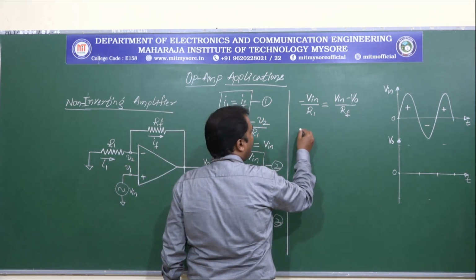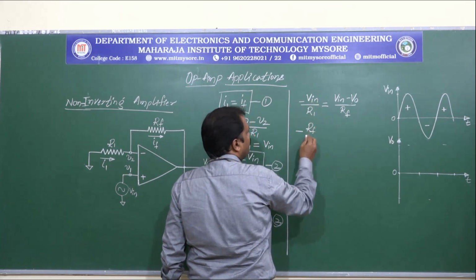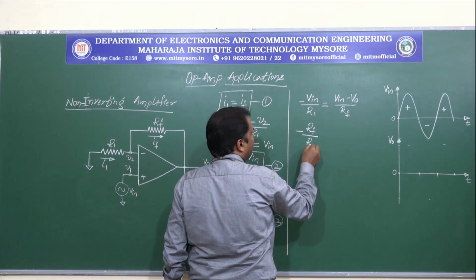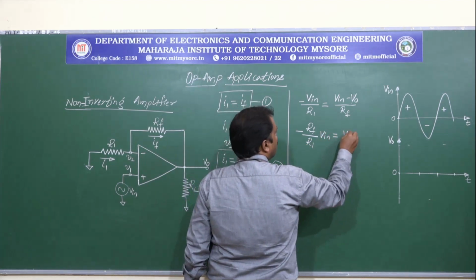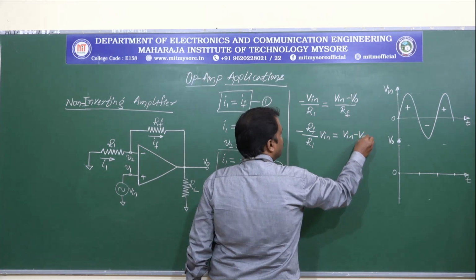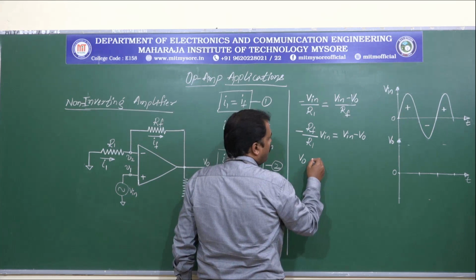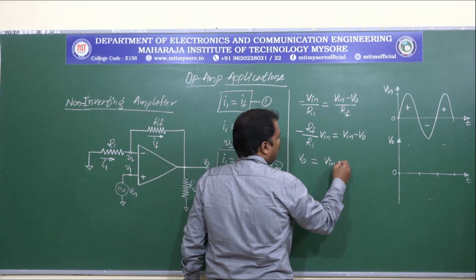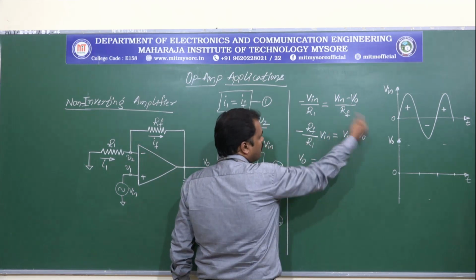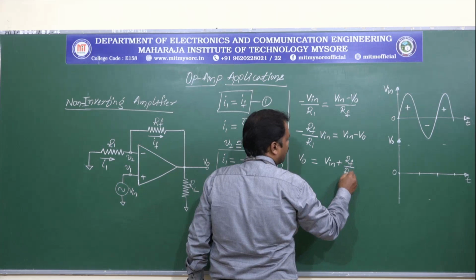So this can be written as minus RF by R1 into Vin is equal to Vin minus V0, so that V0 is equal to Vin plus, sending this whole term to the other side,